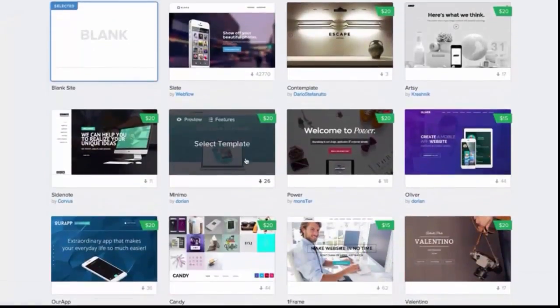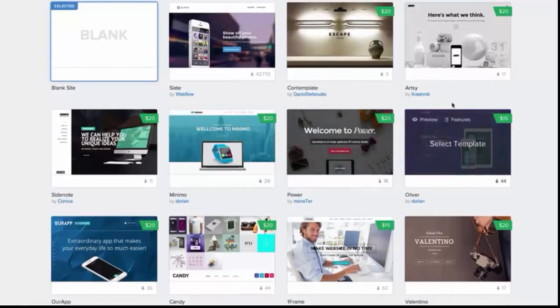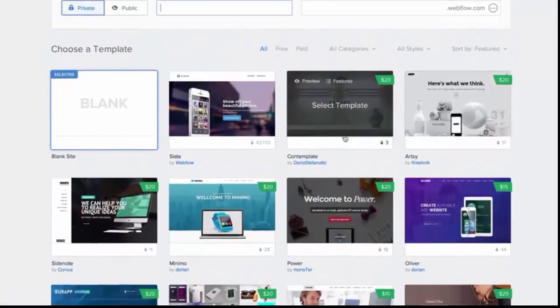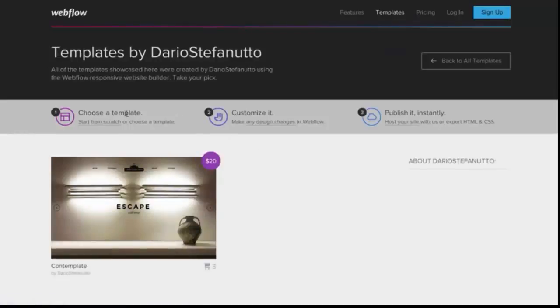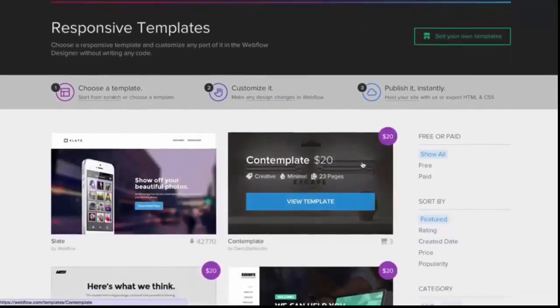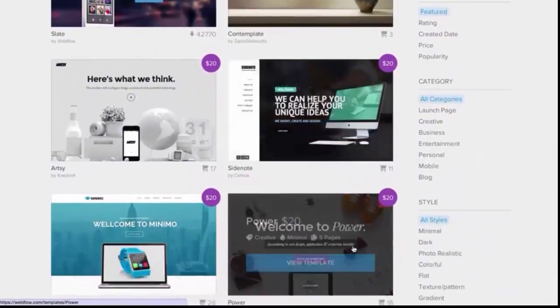If you want to get going a little bit faster or have something with the basics already in place, you can choose one of our many free and premium templates. These templates range from one-page wonders to multi-page websites, each preloaded with features including nav bars, sliders, forms,